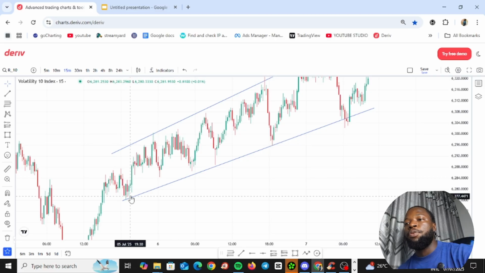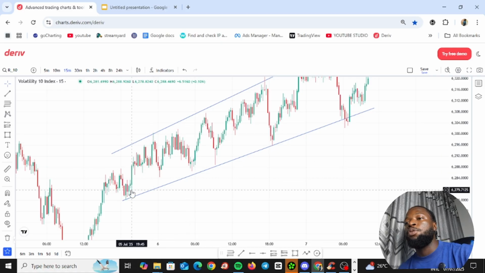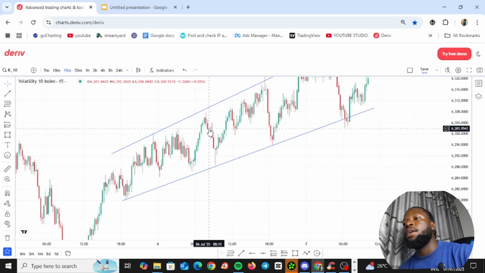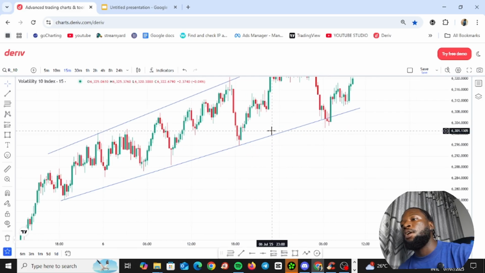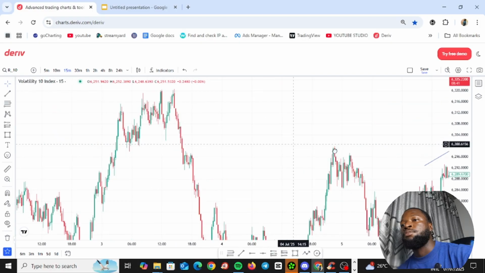Okay, so I'll take a position here, I'll buy from this point, and then my take profit level will be somewhere at this point. And also I will look for my continuation setup. So that's that, I'm going to be taking my buy, my buy, my buy. Okay, and take for example, if price is bearish,